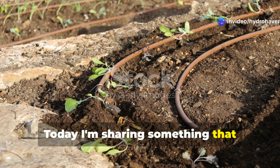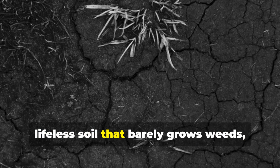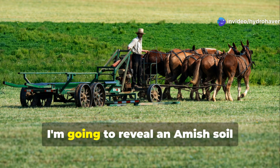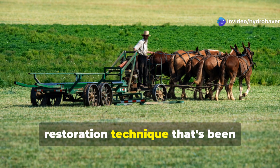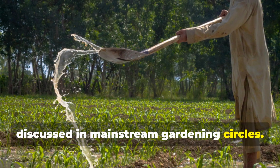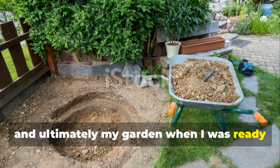Today I'm sharing something that completely transformed my garden's productivity with minimal effort on my part. If you're dealing with compacted, lifeless soil that barely grows weeds, let alone vegetables, you're in for a treat. I'm going to reveal an Amish soil restoration technique that's been practiced for generations but rarely discussed in mainstream gardening circles. This method saved my back, my wallet, and ultimately my garden when I was ready to give up on